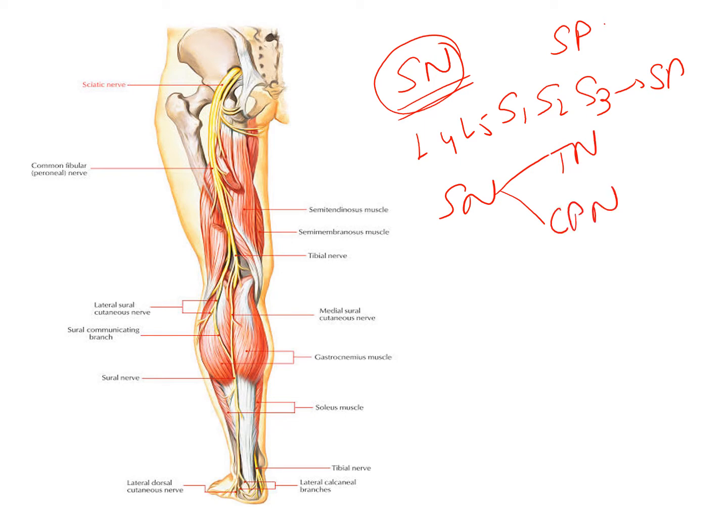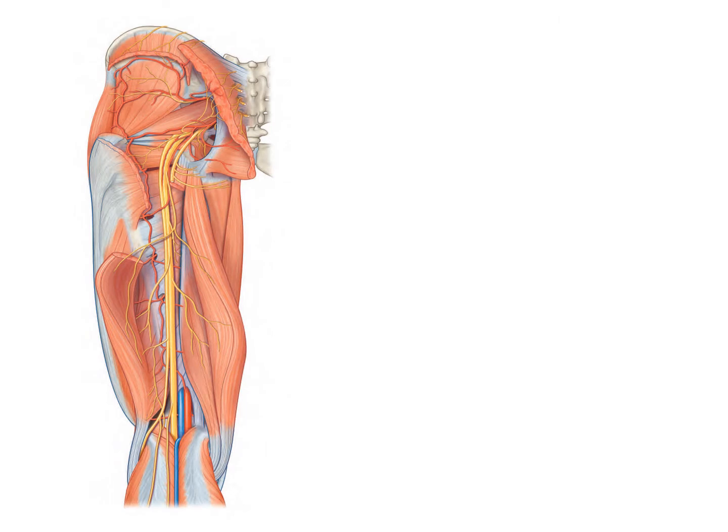So this is about the sciatic nerve. You can have a detailed lecture about the sciatic nerve sometime later. So that is the sciatic nerve in a nutshell. If you can see here, this is the tibial nerve, and this is the common peroneal nerve going to the lateral compartment. Again, this was to show you the tibial component of the sciatic nerve and this is the common peroneal nerve.